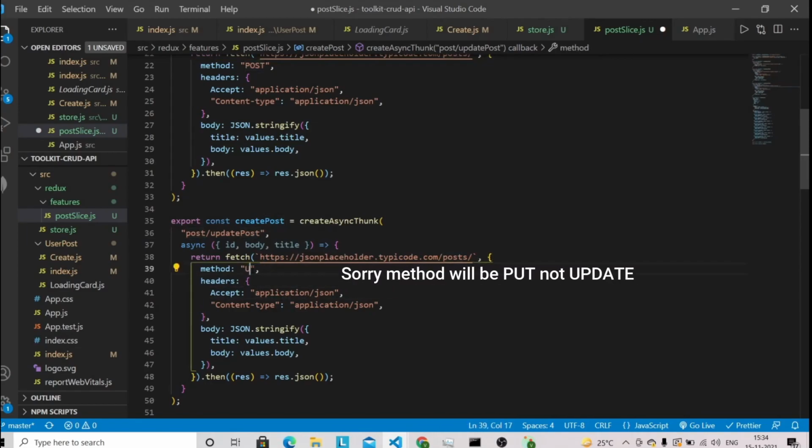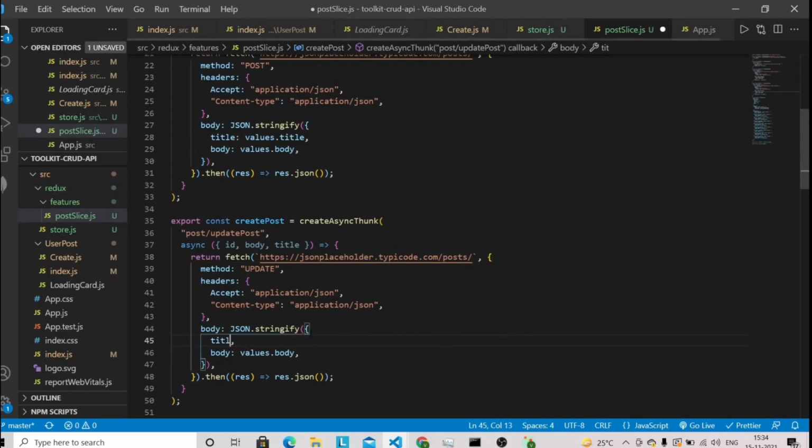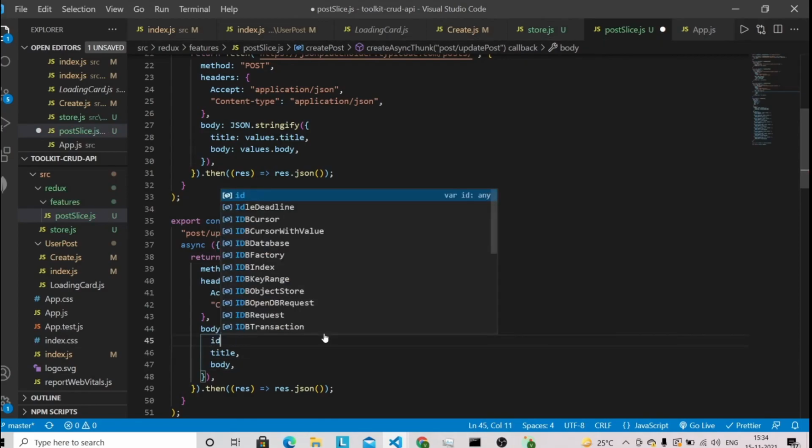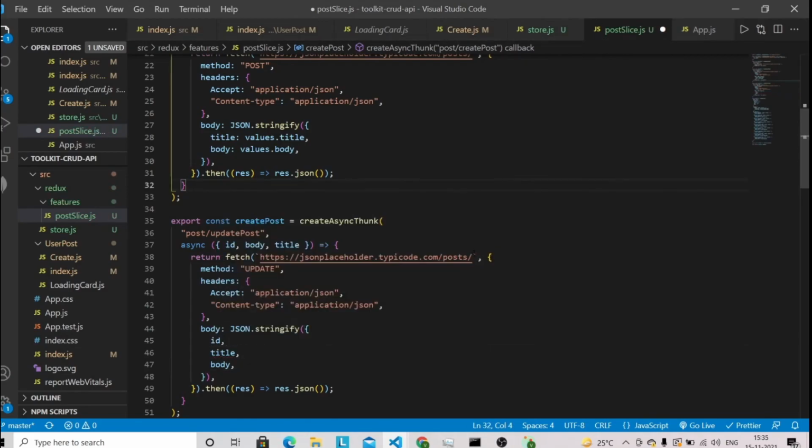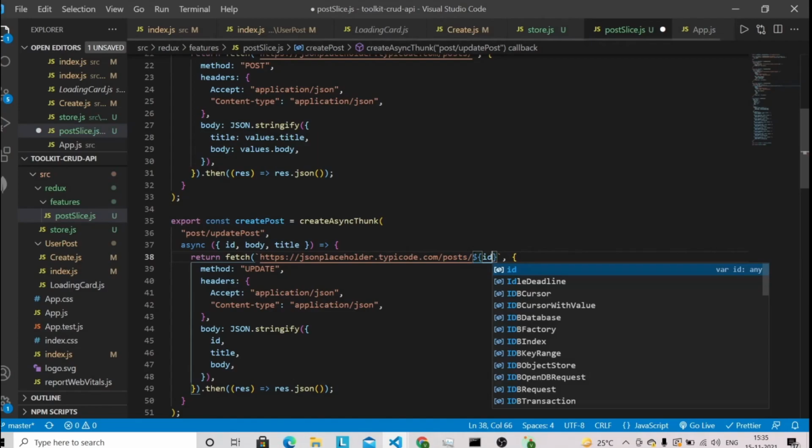The method will be update, and we are going to pass the title and body this way. We have to provide the id here, and update the post based on the id.